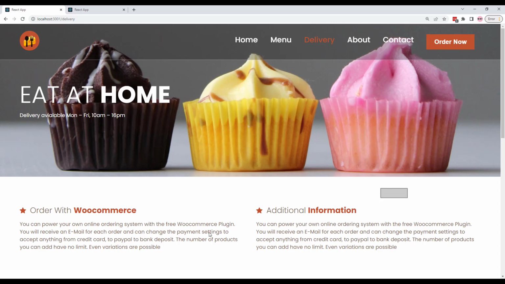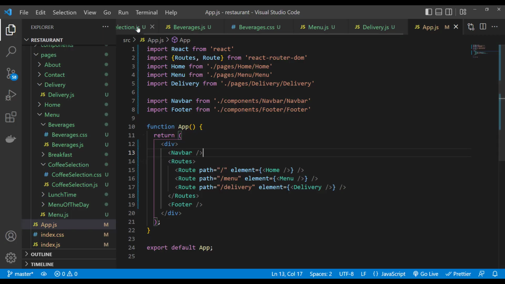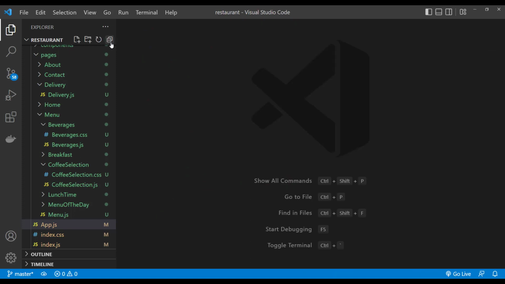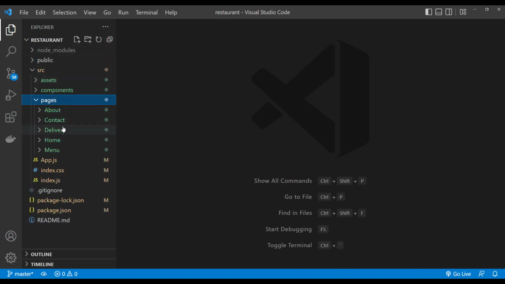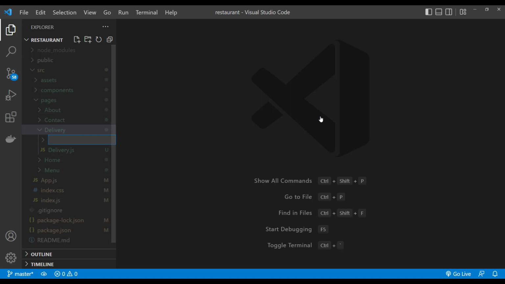Now we can focus on this area. Essentially it contains two columns, a headline, a star icon, and a paragraph. So let's start creating HTML for that. Back to our code. Let's go into our delivery page. Now I am going to have a folder called deliveryinfo. So let's create deliveryinfo and then a JS file,